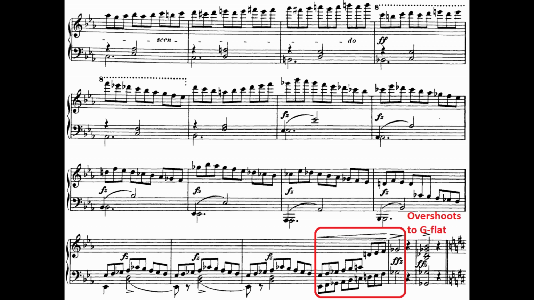Just as we think Schubert is ending the A section in E flat minor, Schubert overshoots an E flat minor scale, ending on yet another G flat. Schubert uses this G flat as the root of a G flat major chord, which helps lead into the subsequent B section as a dominant harmony. The B section is in B minor, which is an enharmonic respelling of C flat minor, which is preceded by that G flat major dominant chord.